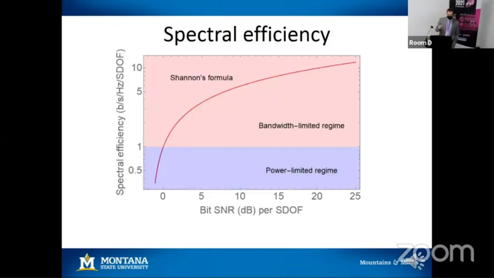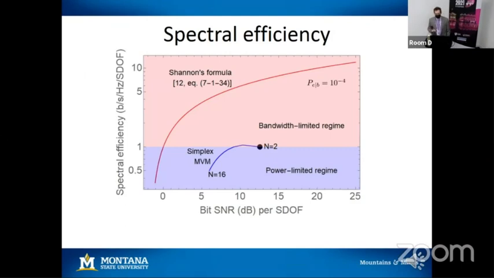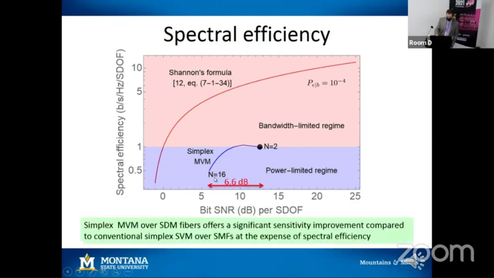Okay, we can take the results from the previous graph and map them on here. Here you see the spectral efficiency on the y-axis and the bit signal to noise ratio in order to achieve a specific error probability. So let's assume that our FEC corrects an error probability of 10 to the minus 4. If you use only simplex constellations, SVM gives you this performance, but if you increase the dimensionality of Stokes space, you can gain,